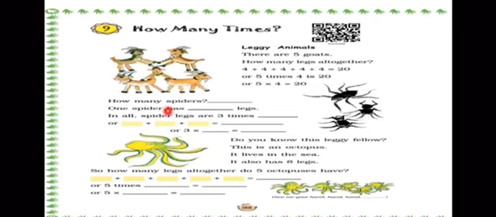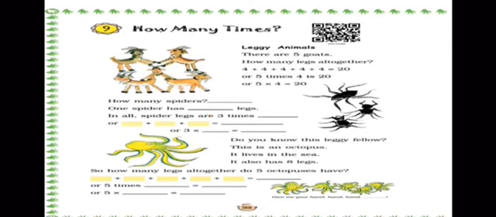How many spiders? Now can you see how many spiders are there? There are 3 spiders. So all of you will write 3 over here. Now one spider has dash legs. So how many legs does a spider have? Now one spider has 1, 2, 3, 4, 5, 6, 7, 8. Now all of you know that a spider has 8 legs. So you will write 8 over here.